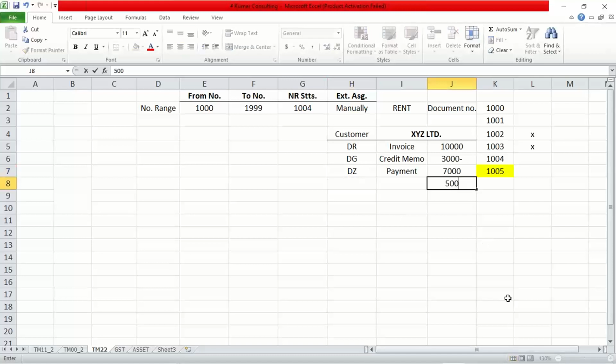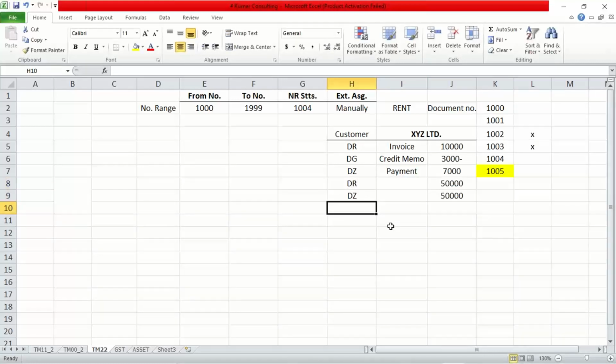So let's suppose now we have 50,000 worth of transactions and 50,000 worth of payment we have received, right? So it is going to be posted against DR and DZ. So by looking at these transactions, we can come to know this is invoice, this is payment, this is invoice, this is credit memo, and this is payment,